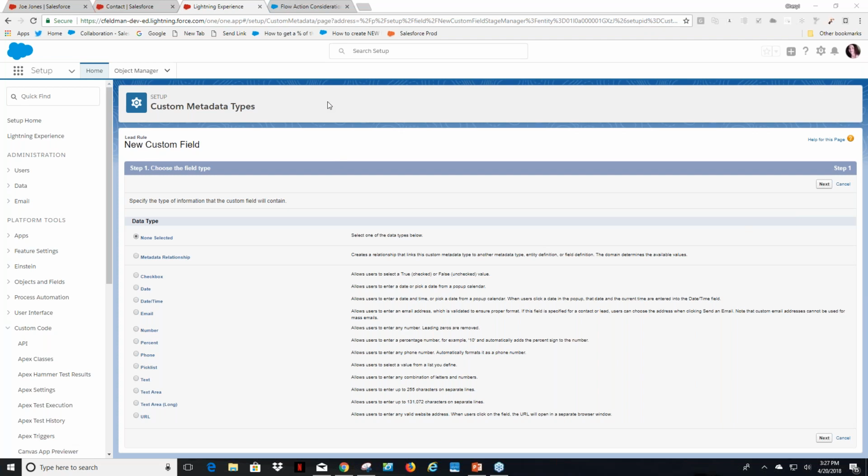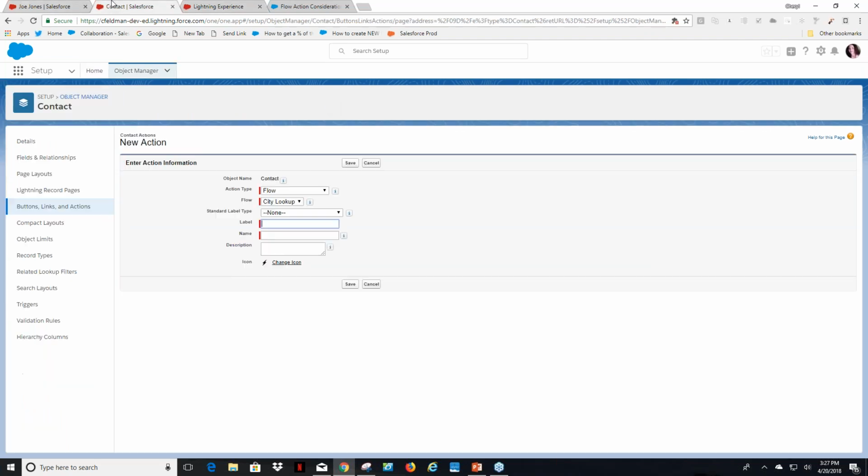Robin says, this is amazing information. I'm not sure as a new admin that I'm understanding the why behind this. Okay, so I think the why behind this is, if I were to create a regular object to house my zip code information, which I feel like I've had to do so many times in my career, I would house this in a custom